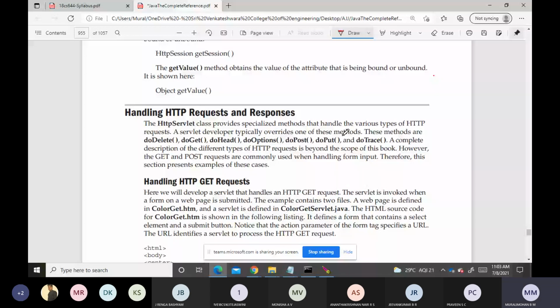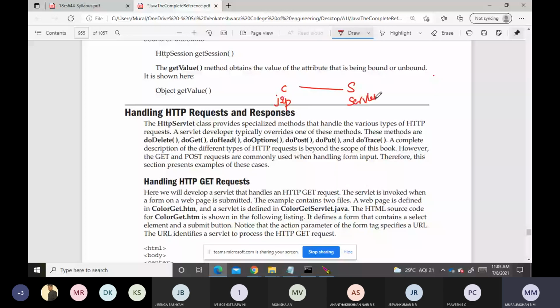In the beginning classes, we learned about whatever we are sending from client to server. Here we are using HTML at the client side, and servlets at the server side, right?